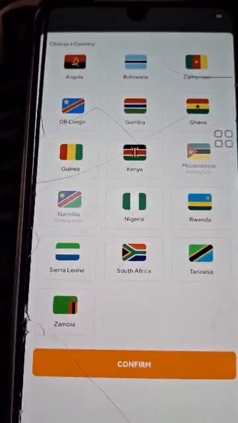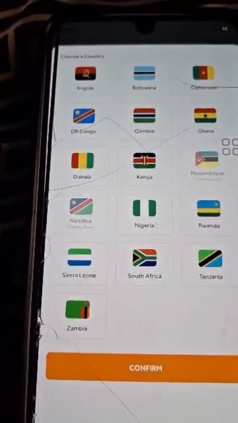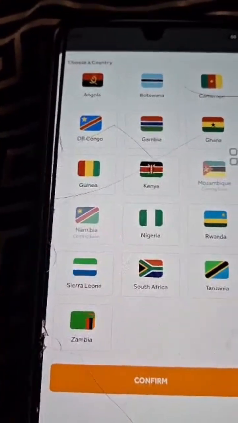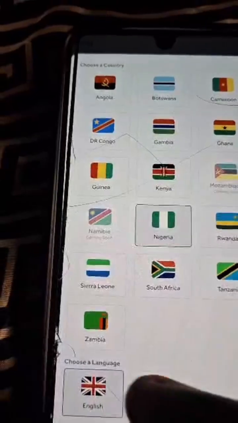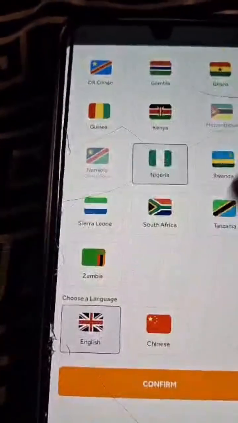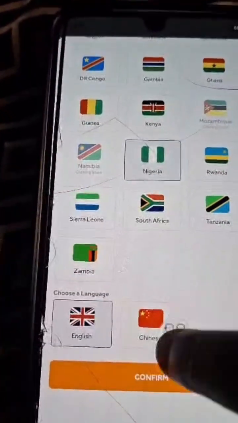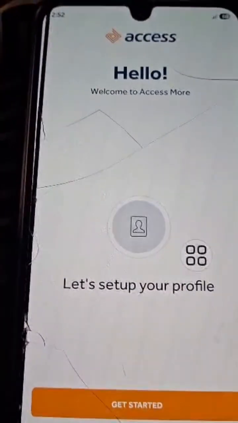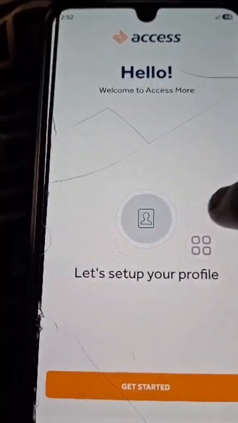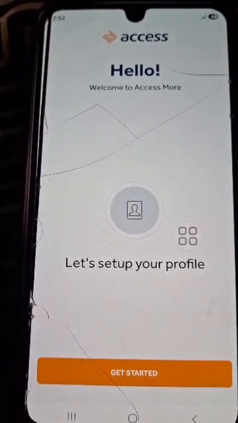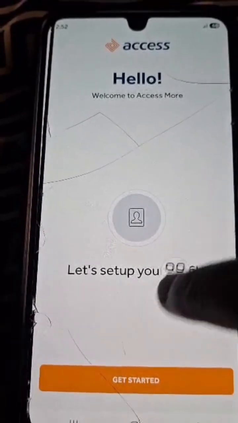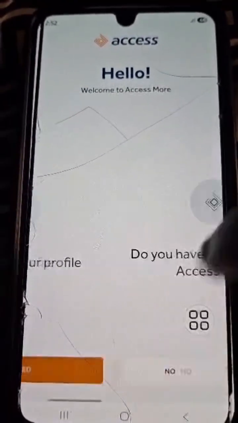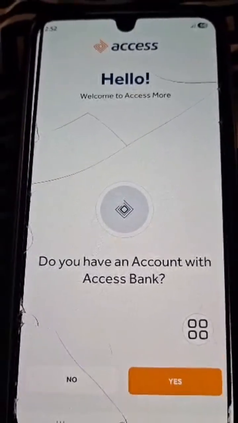Then next thing, they're going to ask you to choose a country where you are currently. So I'm in Nigeria, and also choose a language, maybe English or Chinese. Click to confirm, and they're going to ask you to set up your account. So click on get started right here. Once you click on get started,